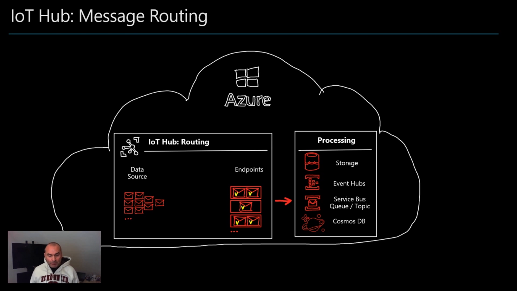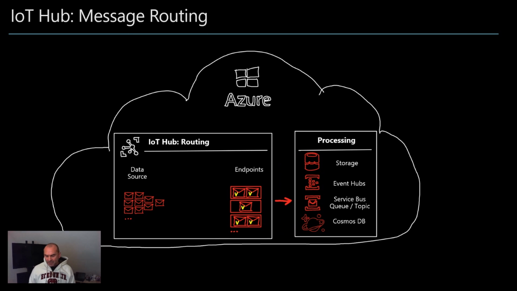And when it comes to the endpoints, you can have up to 10 endpoints per paid IoT Hub instance. And per endpoint, you can have a dedicated service where IoT Hub routes or pushes the information to. In this example, I say, hey, I have 3 routes. One is pushing information to storage, another one to Cosmos, and the third is pushing the information to a service bus queue or to a service bus topic.